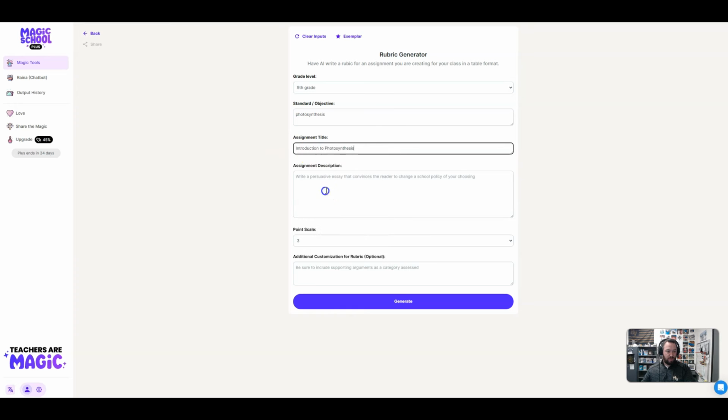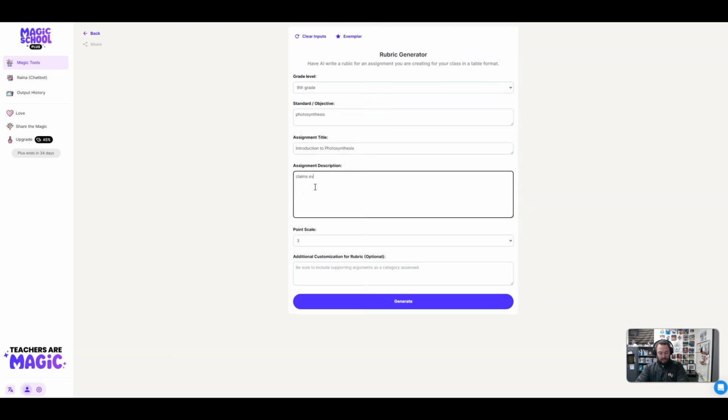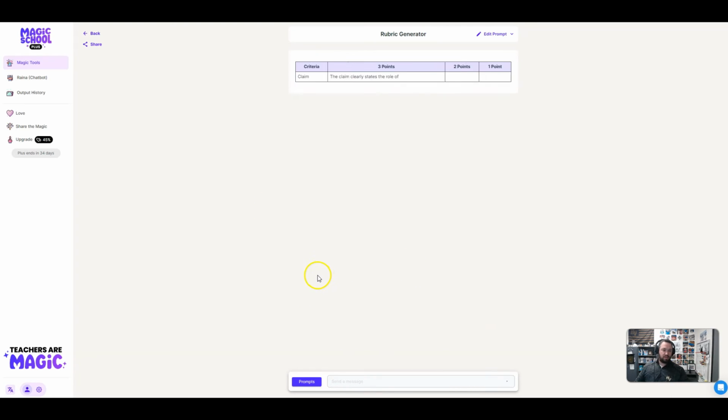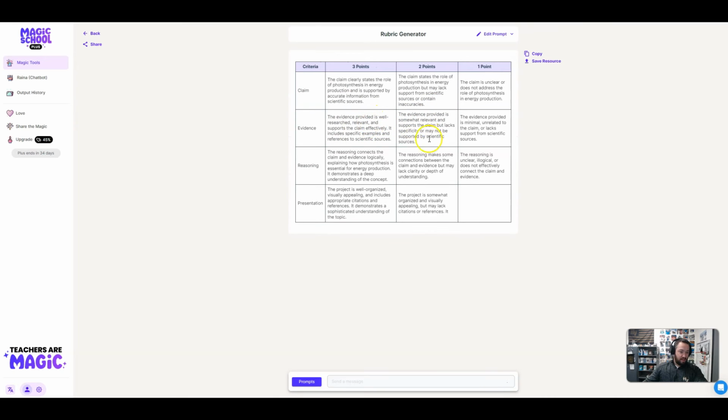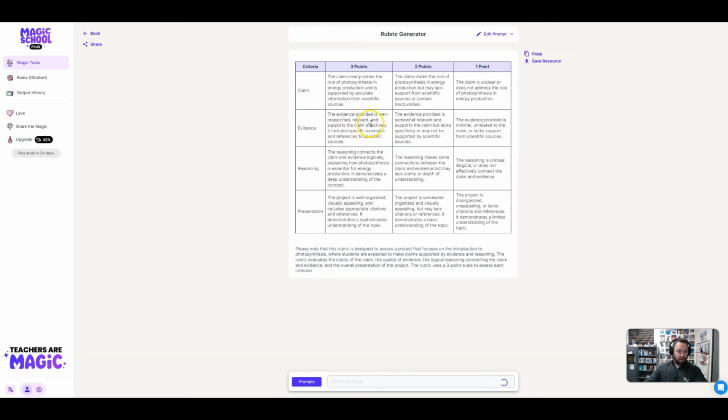I'm just going to do Introduction to Photosynthesis, and down here I'll say a claims evidence reasoning project, and I'll say it's on a 3-point scale, and I'll hit generate, and what it's going to do is take all that and personalize it, or get more specific with the topic,